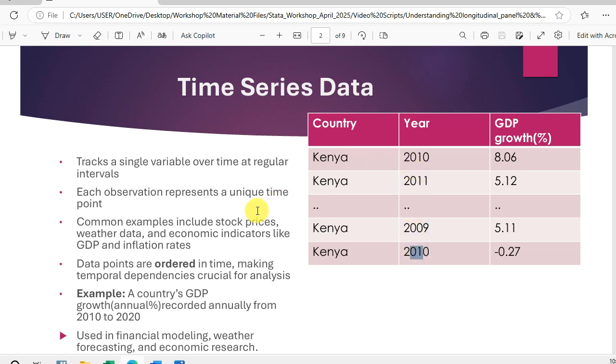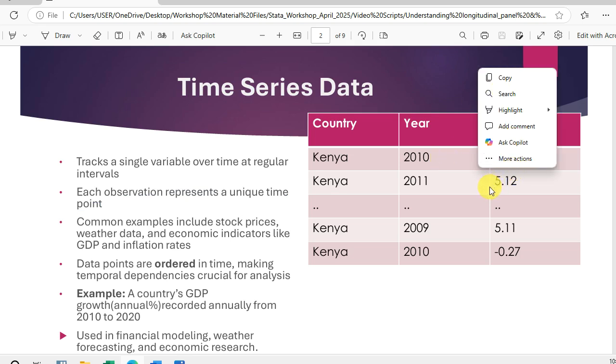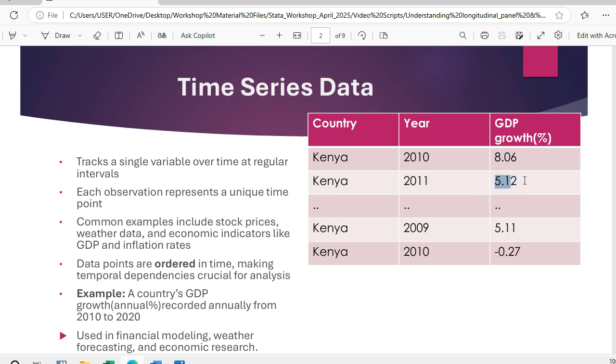you can see this second point where we say that each observation represents a unique time point. For instance, in the year 2010, we have a unique observation of 8.06 GDP growth. So this is directly proportional to the year 2010. So, a unique time point. And if you go to year 2011, the GDP growth was 5.12. And if you move to the year 2020, sorry, I repeated 2010, but it's supposed to be 2020,